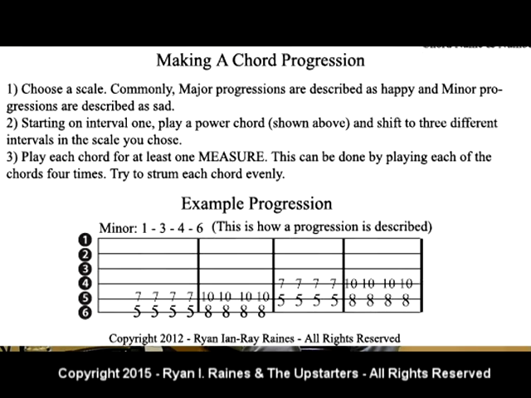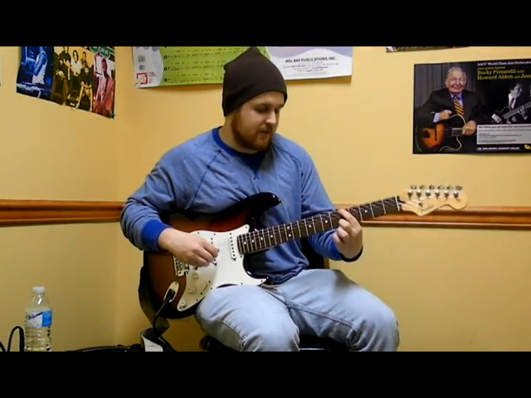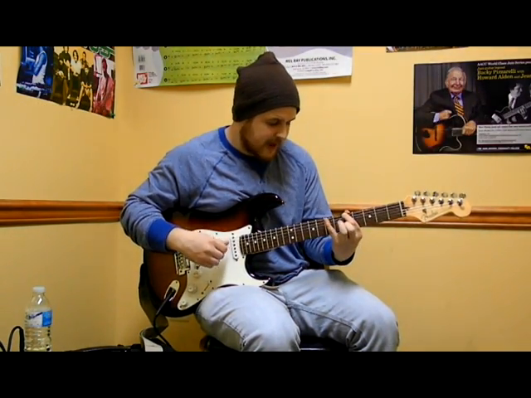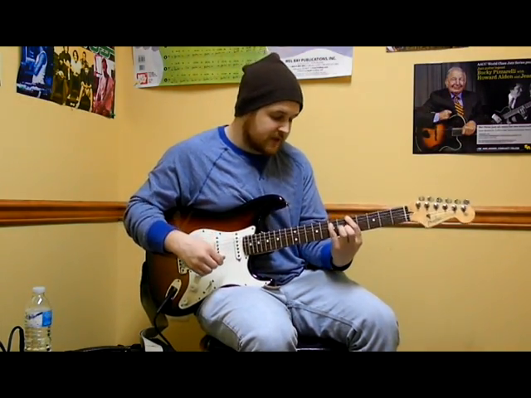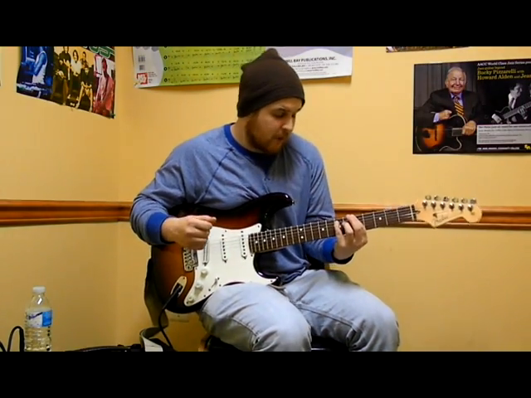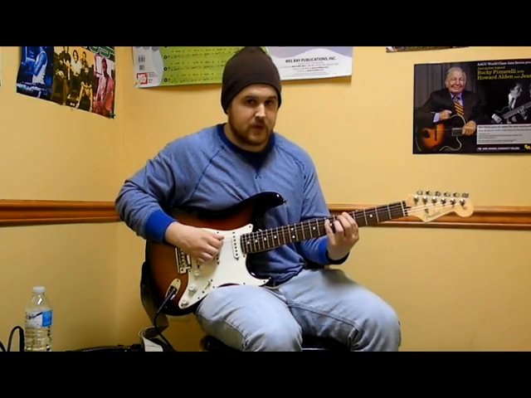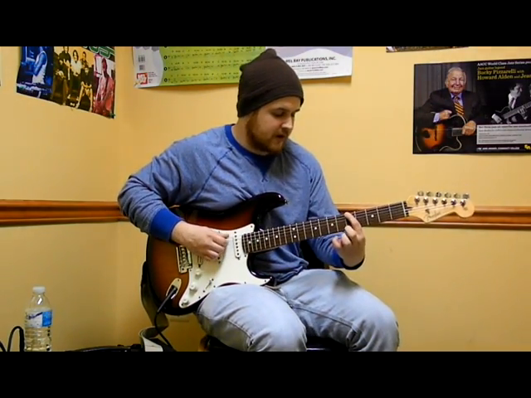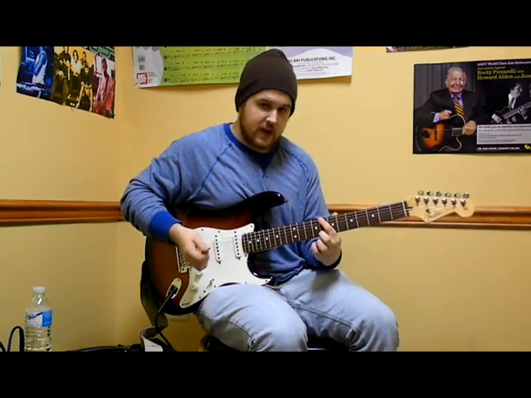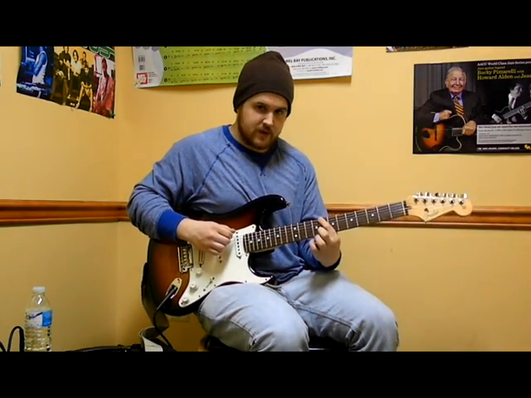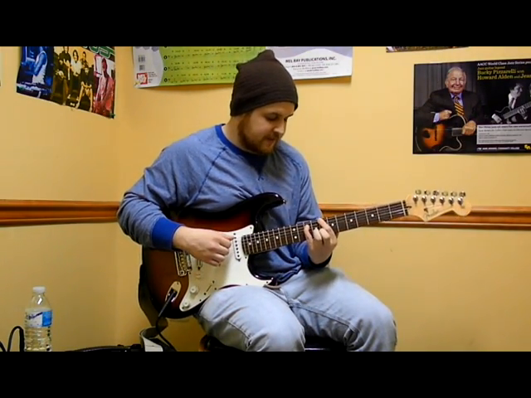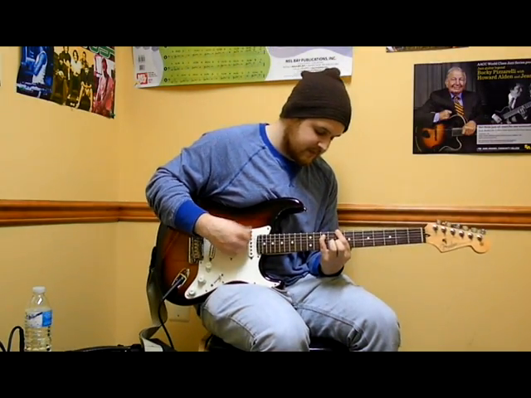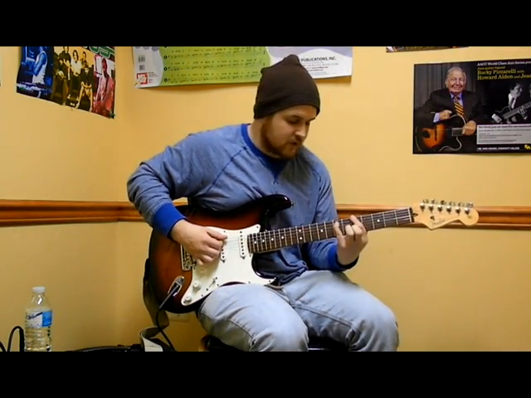So let's assume we're going to do the minor scale. There's the first interval of the minor scale, fret 5 on low E. So I'm going to make that a power chord. There we go. 2 frets up and a string to the floor. Once I'm there, I'm going to shift to any other point in the key that I care to. In this case, I'm going to go to the 3rd note in the minor scale. 1, 2, 3. 8th fret of the E string is my 3rd interval in the minor scale. So I want to make that a chord by doing the power chord, which would be the 10th fret of the A string, on top of the 8th fret of the E string. So 1st chord,